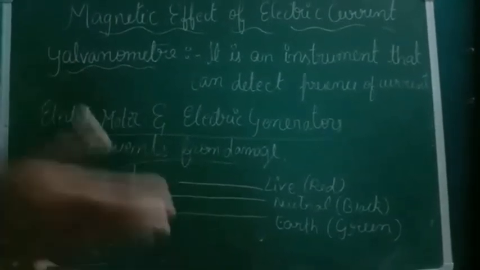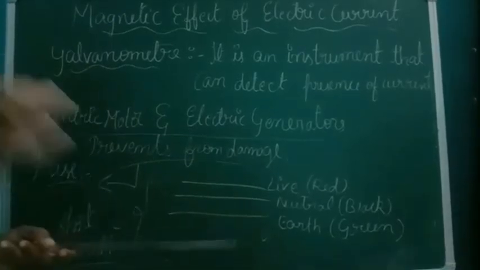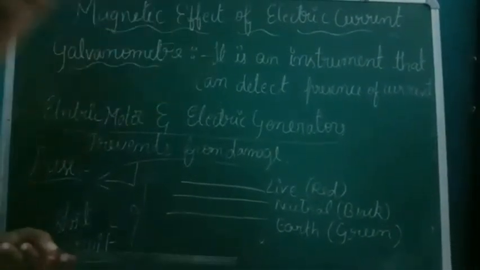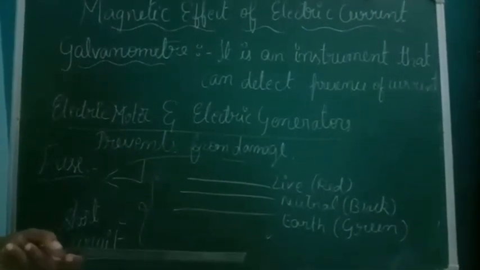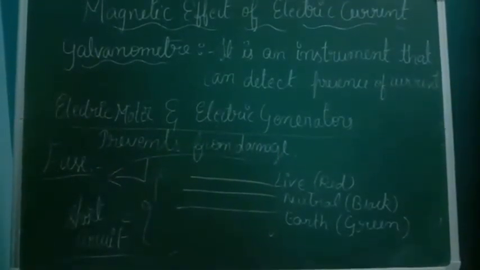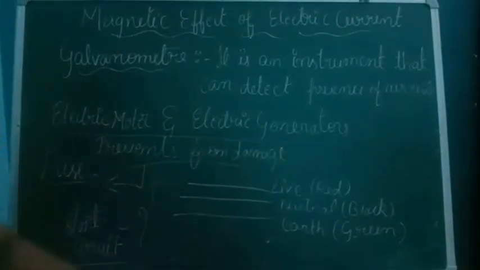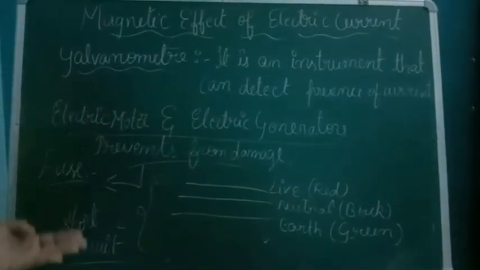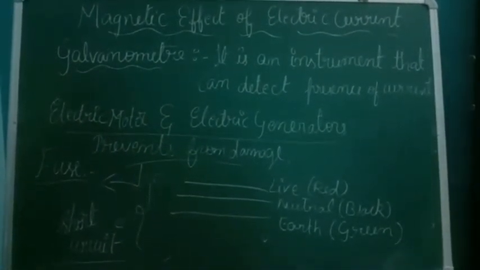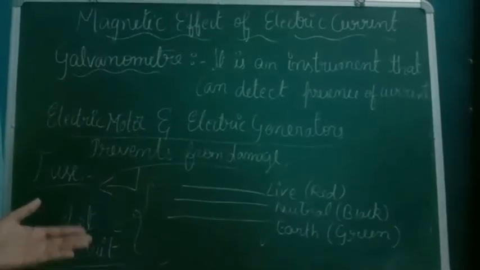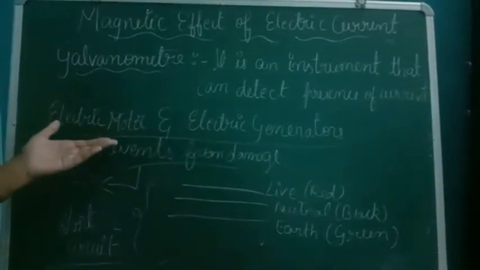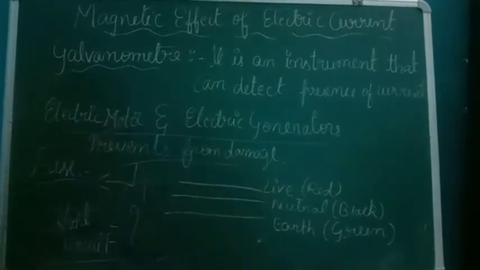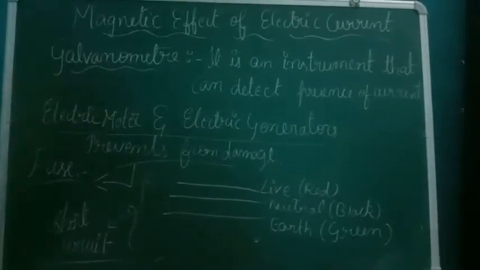Okay, so earthing is very, very important to each and every home to protect their electrical appliances. This is the information on earthing, and you need to know the colors of each wire, students, because those are very important. Also you have to know why the short circuit takes place. That is a very important question. And one more important thing is that the electric motor and electric generator diagrams are very important.